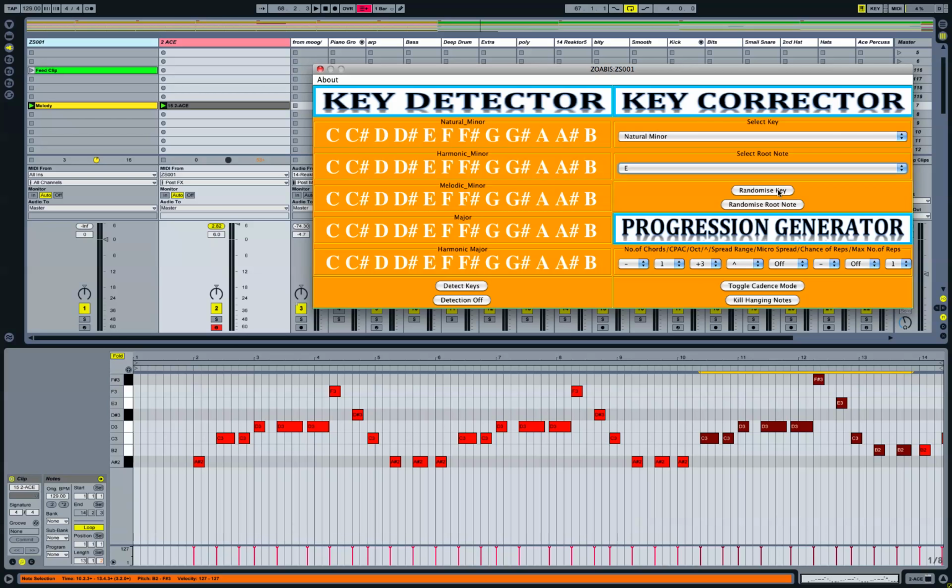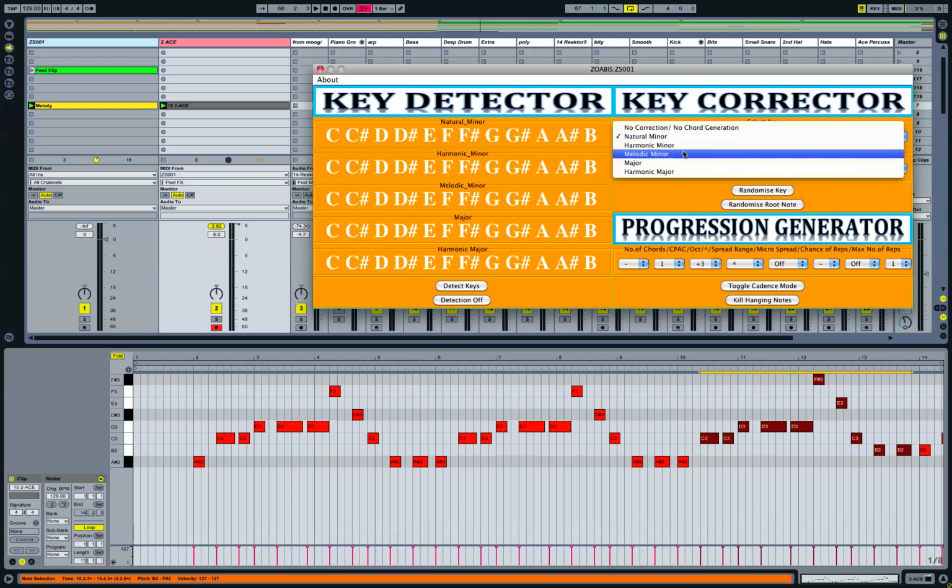So the point of this key corrector section is to really give you just different patterns, and anything you put through there will come out the other side in a key, so it will sound right. You can have a load of clumpy notes in there bunched up together, put it through here, and it will sound in key. Okay, so now what we're going to do for the next piece, we're going to take the